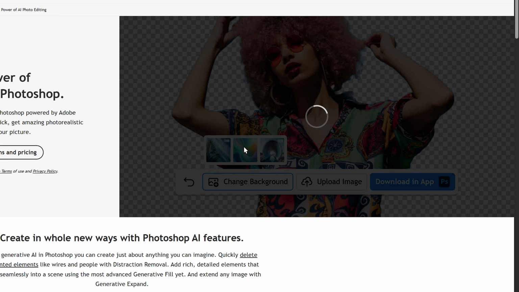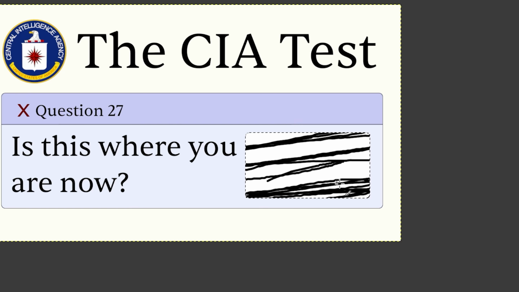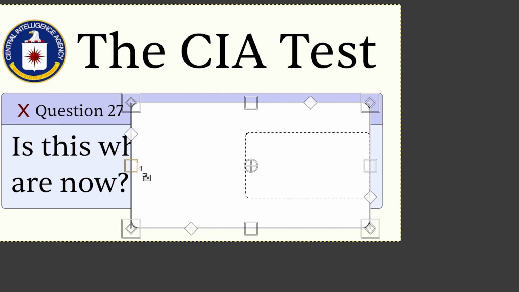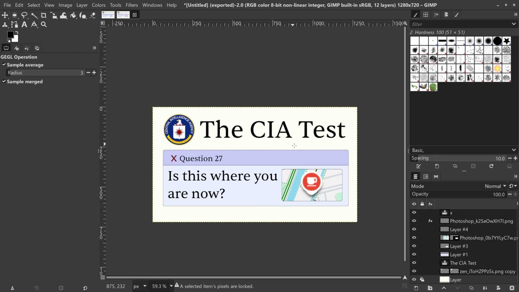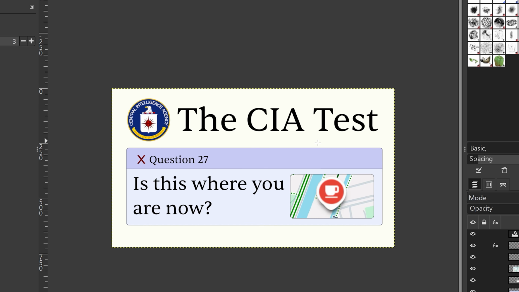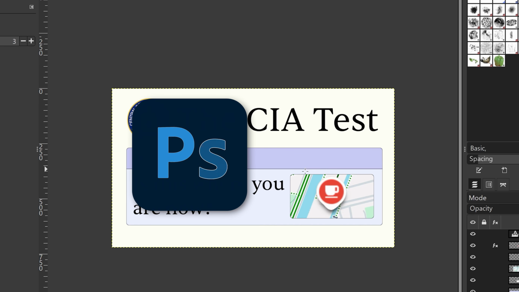Photoshop has amazing AI, but if you don't care about the things that I mentioned, then GIMP is a very capable program. I mean, I managed to perfectly recreate the thumbnail. It would just be hard to adjust it later if I wanted to, but I think for now I'll still stick to